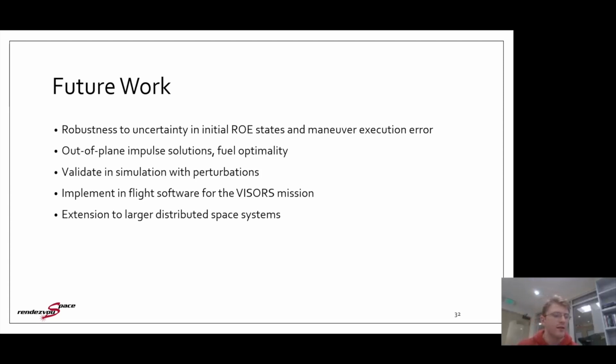This methodology needs to be validated in simulation to ensure that we are matching all of our promised goals over these short time scales and then over longer time scales to make sure we're ensuring long-term viability of our safety solutions. This solution will potentially go into the VISORS, which is one of the CubeSat missions that we are currently working on in the lab as the active spacecraft collision avoidance system, and could potentially be extended into larger systems of